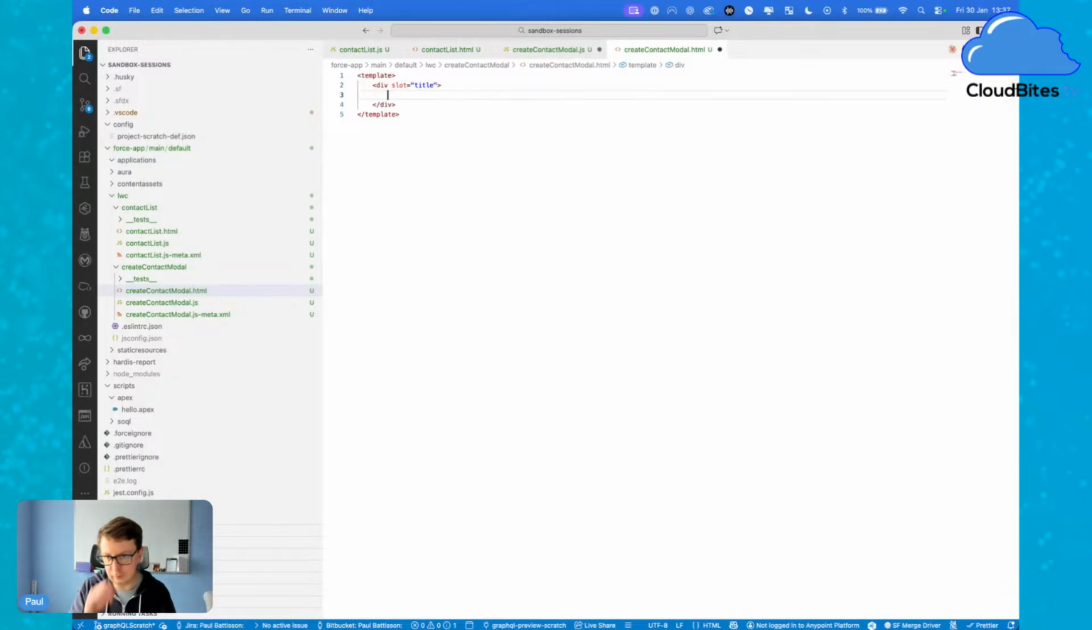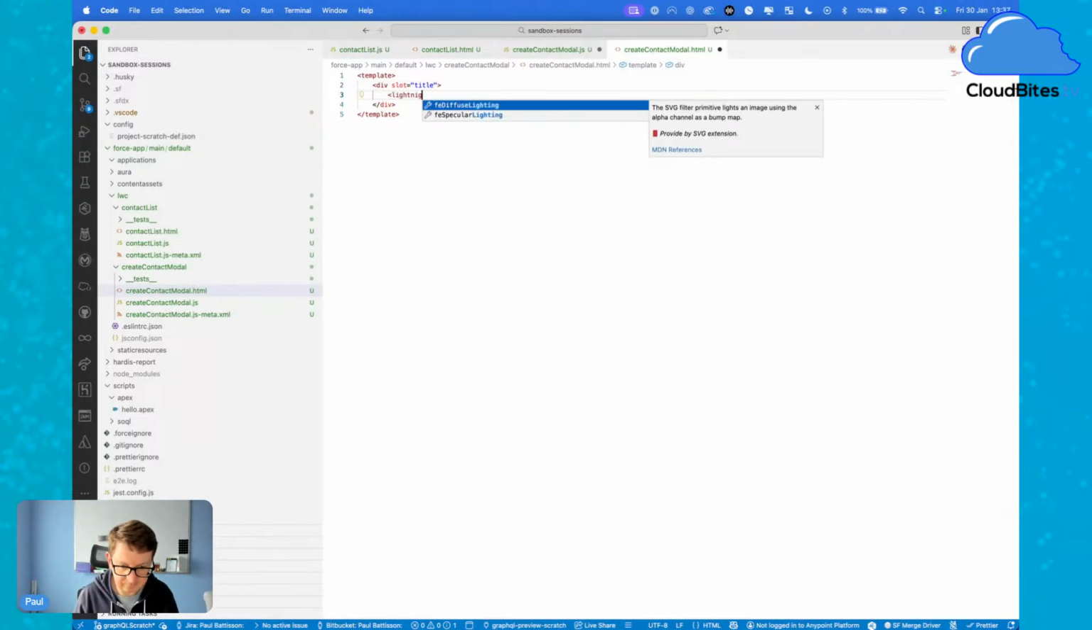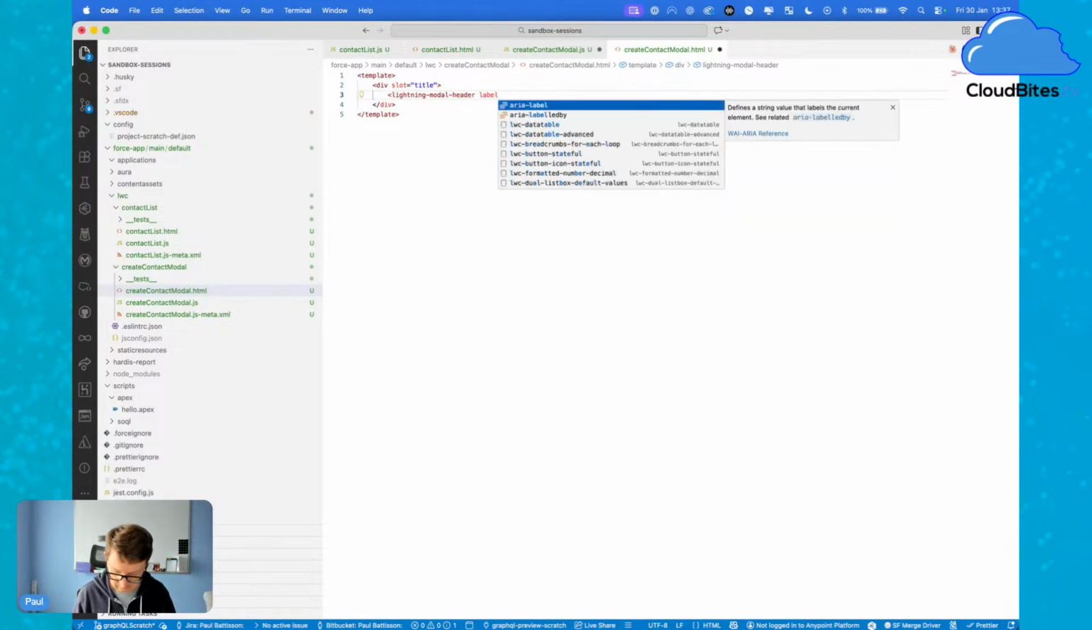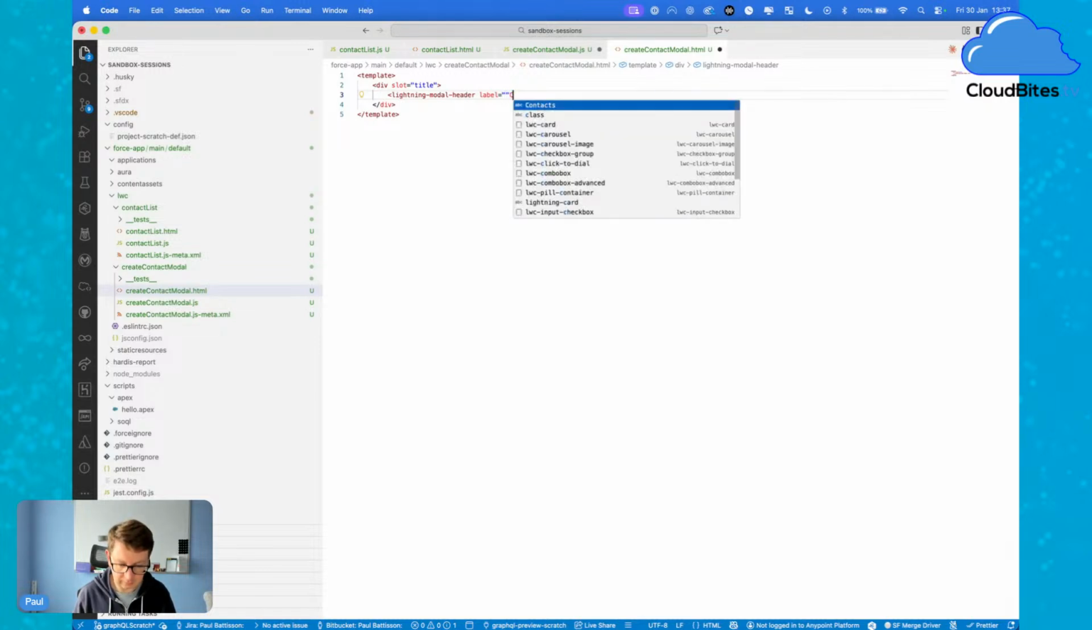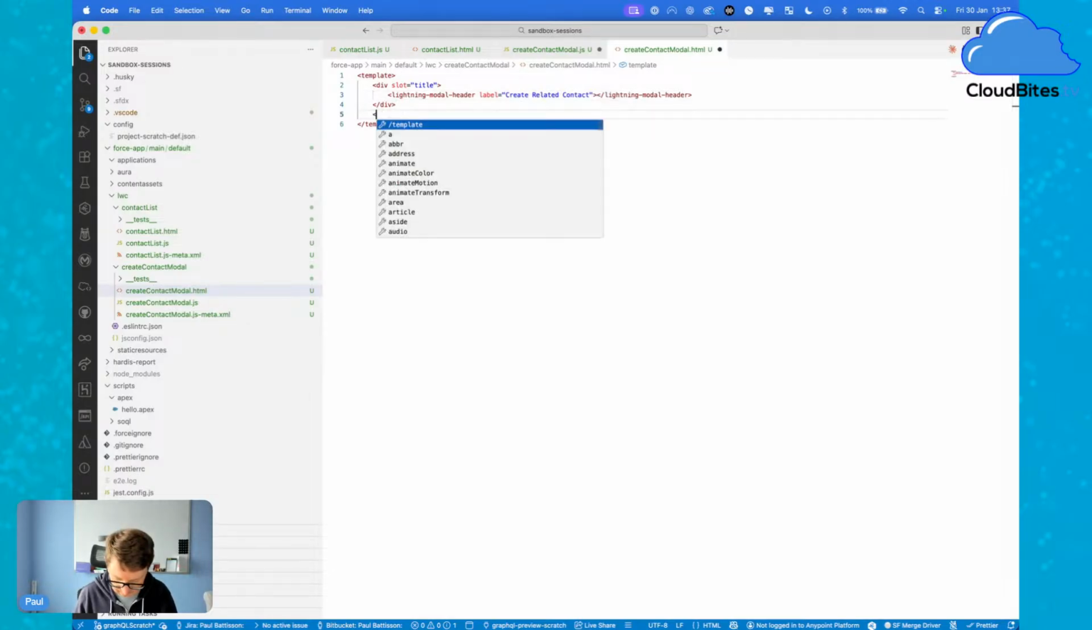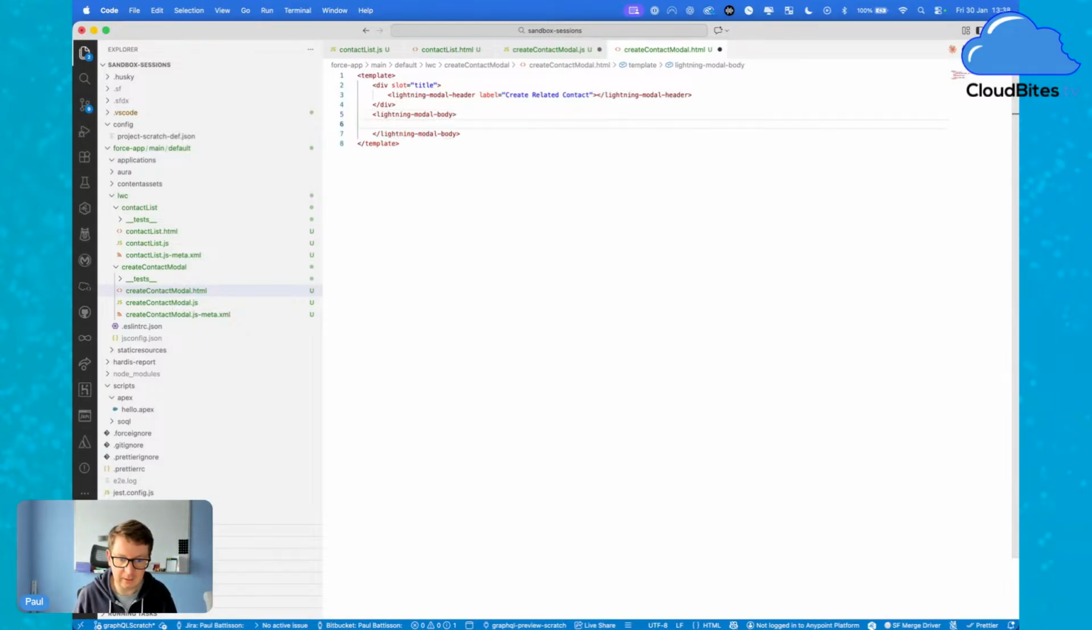Okay, and what we're going to do is put a Lightning modal header in that. That's going to style our modal header nicely. And the label is going to be create related contact. Okay, nice and easy. Cool. Then we're going to have a body. Okay, and in that we're going to have a form that allows us to put in our first name, last